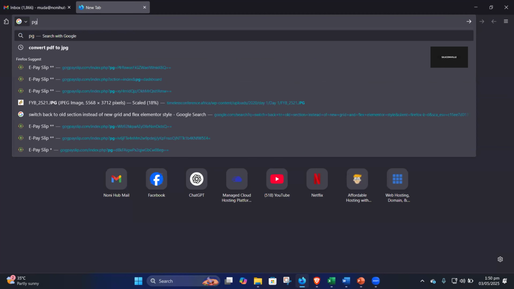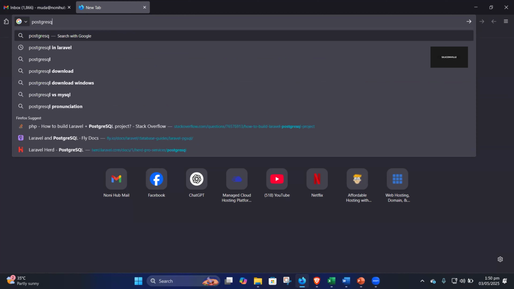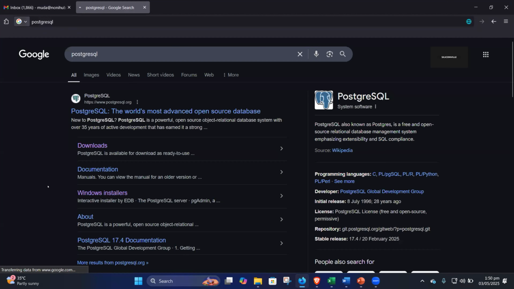We have the database for PostgreSQL. So you go to PostgreSQL on Google search, go to downloads,